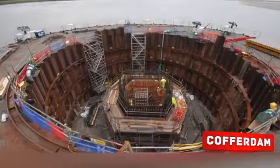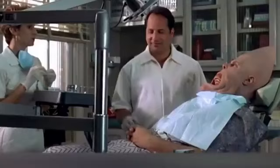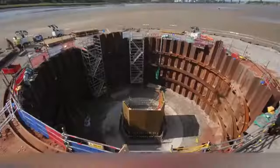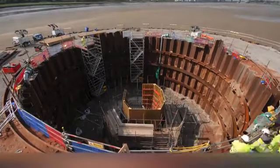Cofferdam. Do you remember your last visit to the dentist? Your doctor probably used a very strange tool. The aching tooth remains outside, and the rest of the oral cavity is covered with a latex sheet. What does underwater construction have to do with that, you may ask? It's simple. This thing is called a cofferdam, and engineers have figured out how to use it to build the